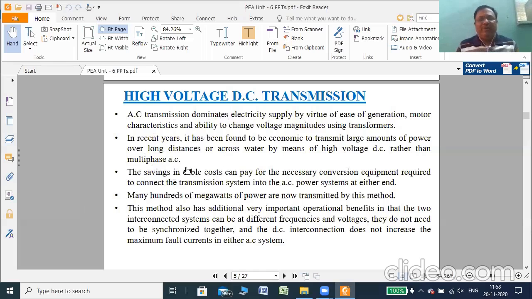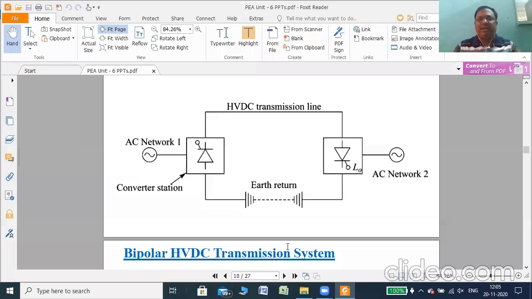So one terminal of this converter is given to the earth, maybe for a longer distance, maybe 100 meter, 500 meter, 1 kilometer, up to the distance. This wire is directly inserted into the earth. So earth itself acts as a second terminal, that is the ground terminal, for transmission of DC from one point to another point. Every DC has two terminals. This will be the positive terminal, and this earth itself acts as a ground terminal. So no need to connect any